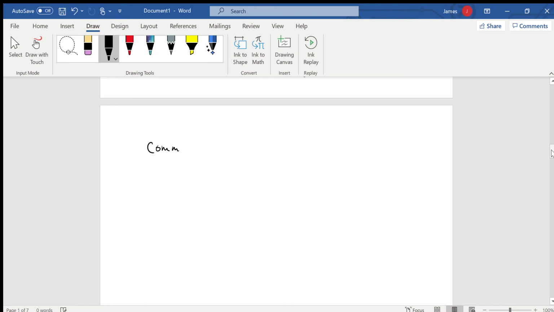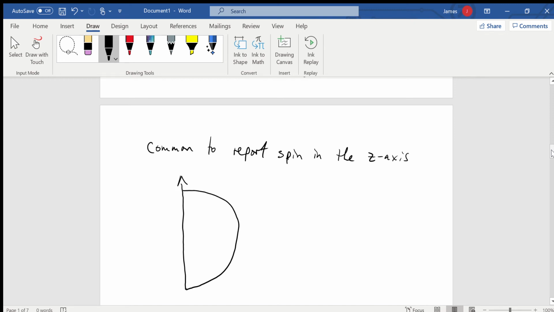It's common to report spin in the z-axis. So if this represents sigma in the z-axis, then we have, let's see if I can get this done in a reasonable amount of time. Then we can have plus h bar over 2, we can have minus h bar over 2,